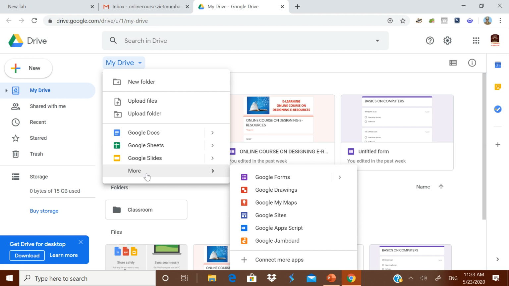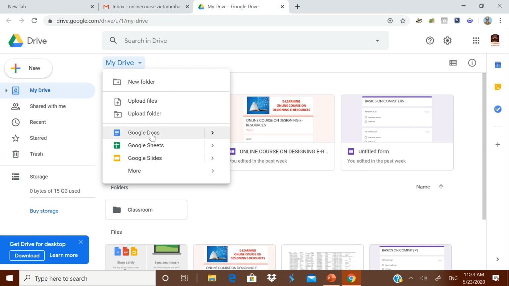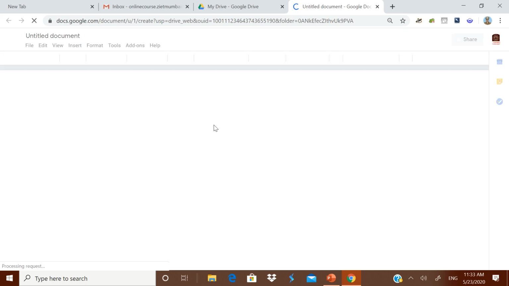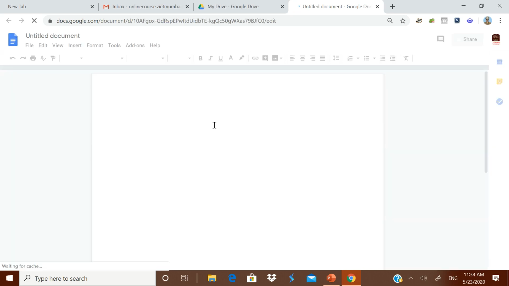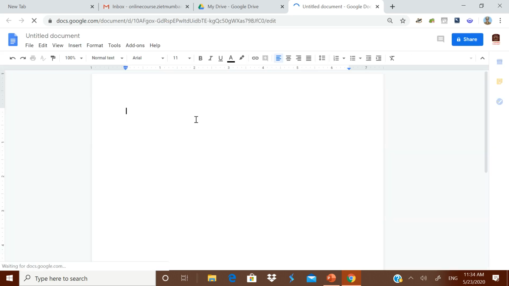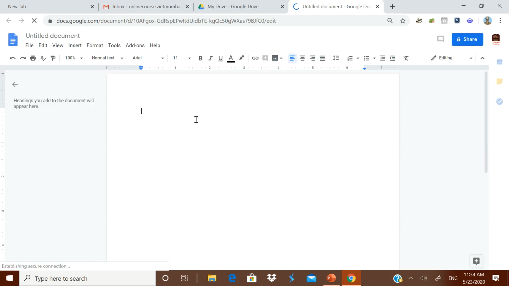Okay. Now let me just very quickly tell you how the Google Docs are useful. When you just open the Google Docs, these Google Docs are useful to collect information, to share information. This Google Doc is similar to your MS Word. You can type anything and you can give the information and you can simply share it with everybody. And not only that, suppose if you have given the editing permission to them, they can type it once again, they can send you back. Okay, this is Google document.